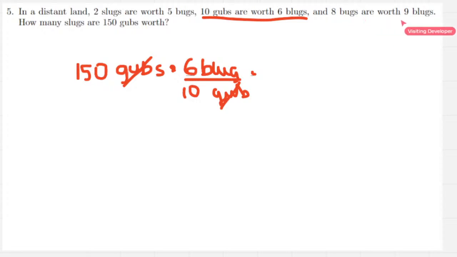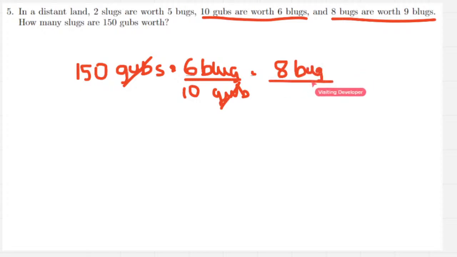And now we know that 8 bugs are worth 9 bugs, so now we convert bugs to bugs. So we have 8 bugs are equivalent to 9 bugs. And now our units of bugs cancel out,